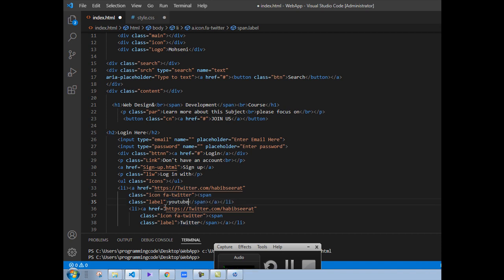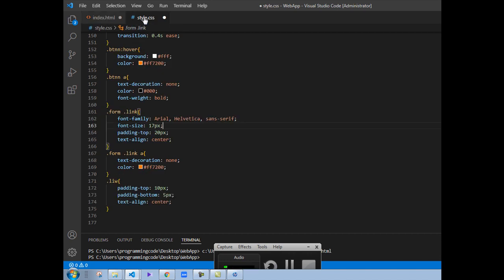You can write on your YouTube address. You can write on, for example, YouTube, and in place of this Twitter you can write on, for example, YouTube. Before this we should put its codes inside the